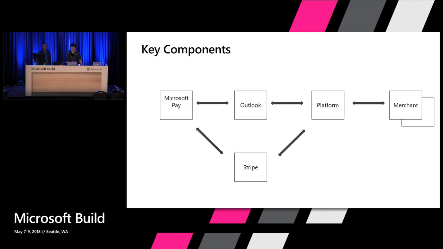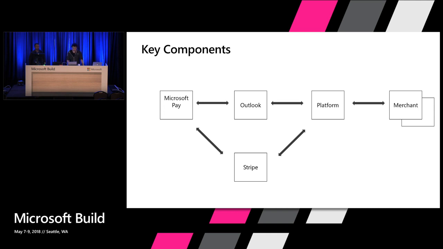In the demo that Amar just showed, let's see how this works. When the user clicks on Pay, the integration you saw with the credit card pane in Outlook is an integration provided by Microsoft Pay, our internal partners. Then they fund that credit card number, tokenized and secure, to Outlook, and we're able to forward that to the platform. Because we have an integration with Stripe and in the future other processors, this token is something that only Stripe can read. That helps us avoid the PCI compliance burden of touching credit cards, and it helps the platform also not have to, because that's a very expensive validation process.